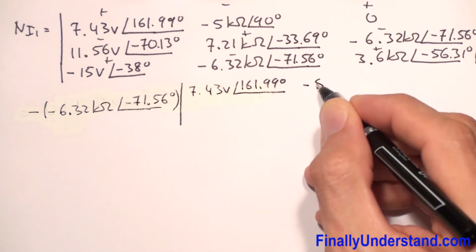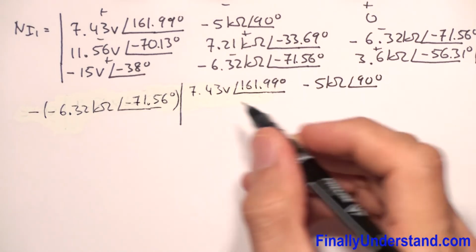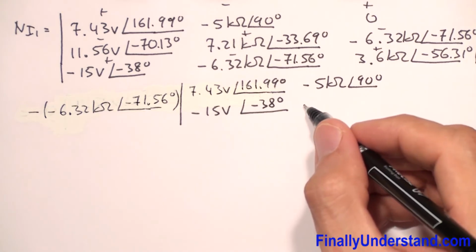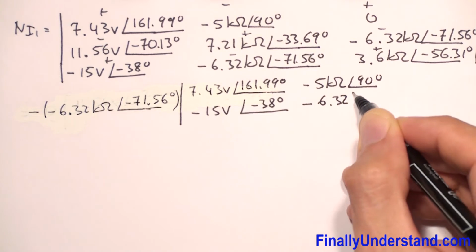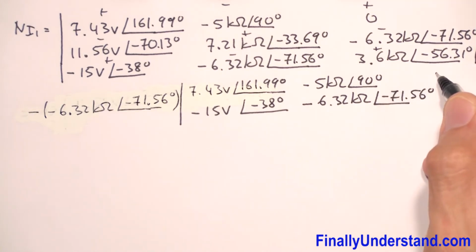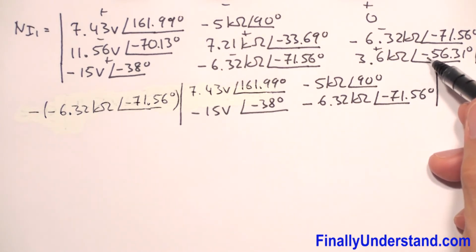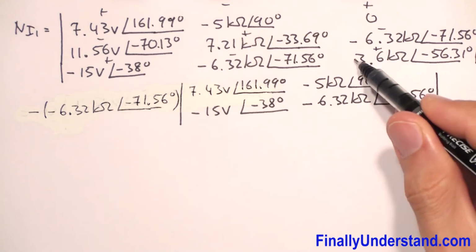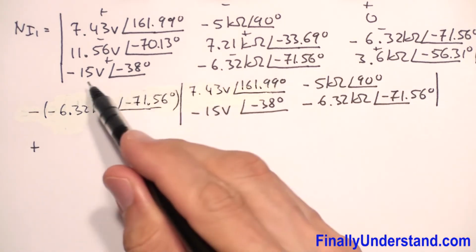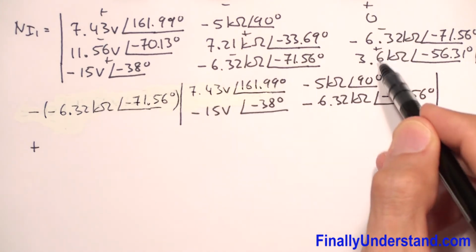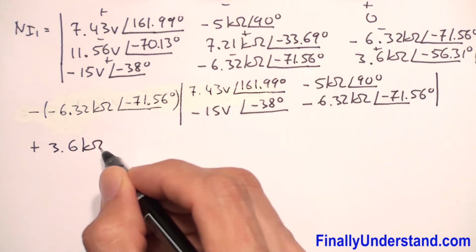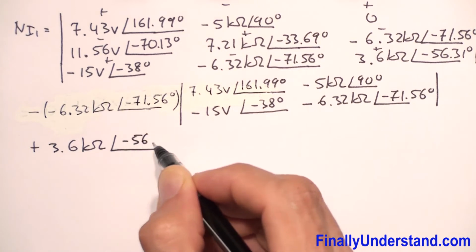So I have negative 5 kilo ohms and angle of 90 degrees, and this one is negative 15 volts and angle of negative 38 degrees, and I have minus 6.32 kilo ohms and angle of negative 71.56 degrees. Now I'm going to take this value, and because I have a positive sign over here and this is positive, this is plus. Remember I cannot use anything from this row or this column, that's why I have to use these 4 values. So I'm going to write simply this is plus 3.6 kilo ohms and angle of negative 56.31 degrees